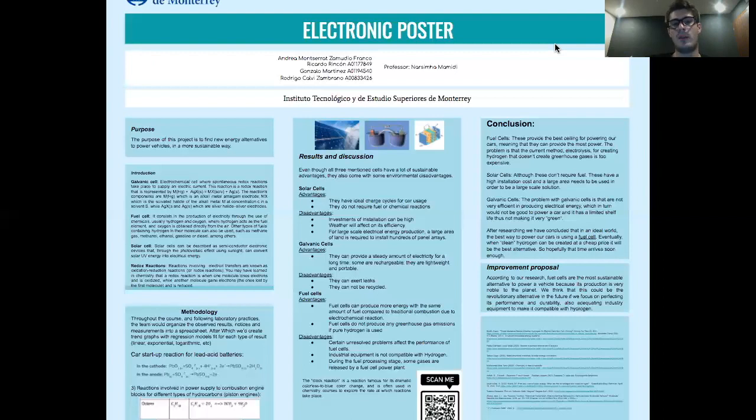Then, in the modulation of both reactions and the combustion engine, we made a model based on a video that is right here. You can see the QR